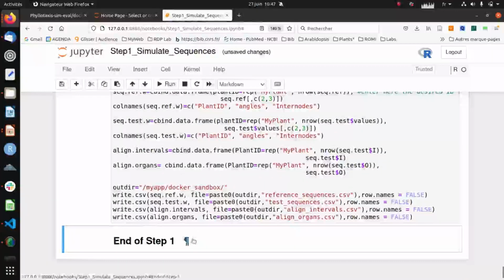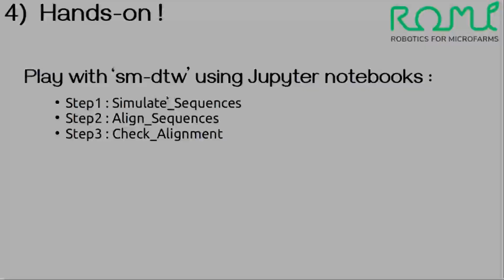Okay. And at the end of this step 1 tutorial, now we have synthetic data, one reference, one test sequence that diverge because of errors. So after this step 1, we will start now the step 2, which is the second Jupyter notebook. So first you can check,